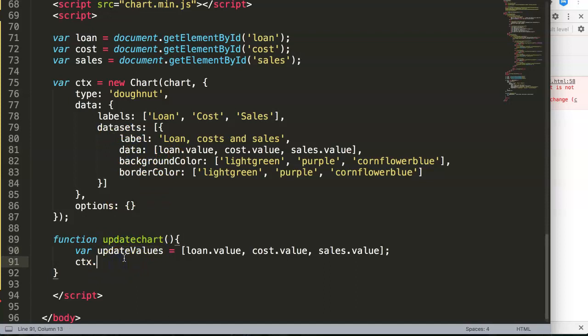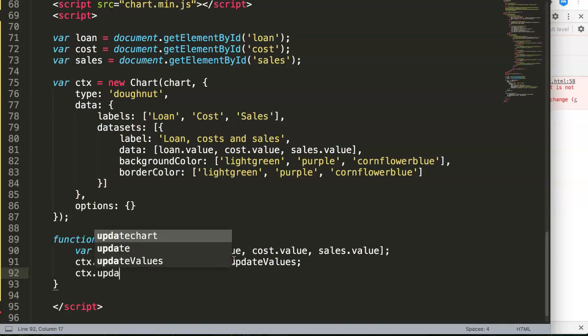So we say here data dot data sets, and very important here in this case, because this can be an array, we say data set 0. Yes, is the first value in the array. Yes, it always starts with 0. And then we say data, and then we say this value will be new value, and it is equal to this variable here. Alright, so once we got that, we want to say CTX, alright, and then update,